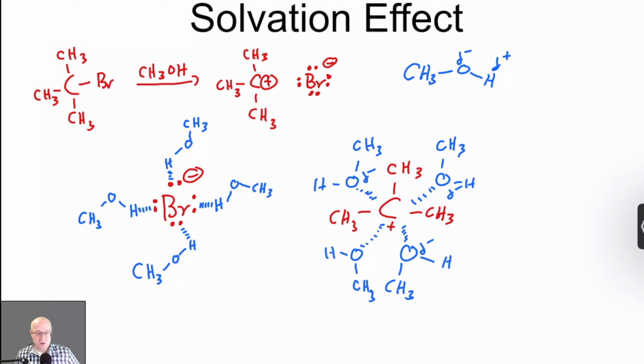And eventually one of those oxygens will form a bond with that carbon. They will slam into that carbon in the right orientation in order to make a bond occur. But that's what the solvent is doing. It's allowing the ions to separate. It's allowing ionization to occur because they can give the ions the opposite charge that they need to survive in